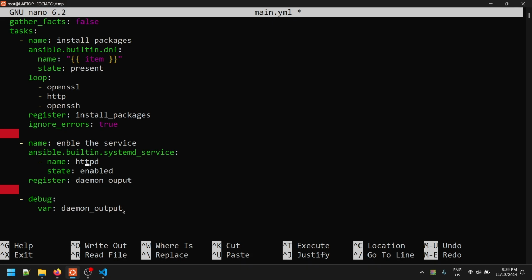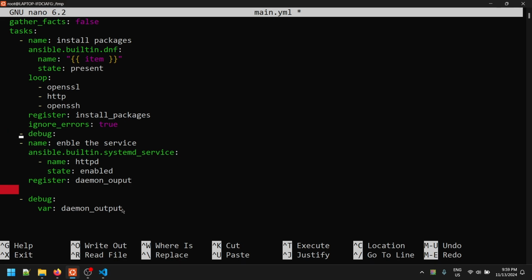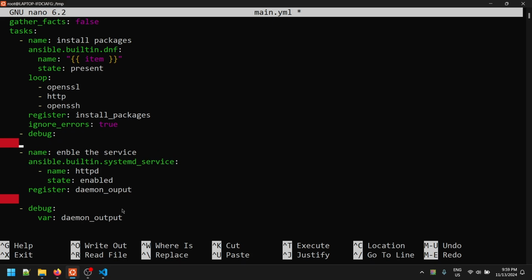So we have registered this output, and we also need to use another command over here called debug. We have removed the debug from here, so we need to use the debug and the var. The var is equal to install packages,